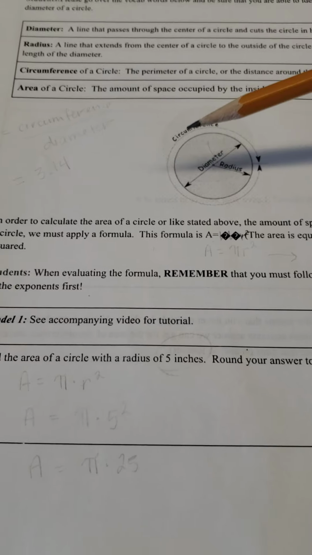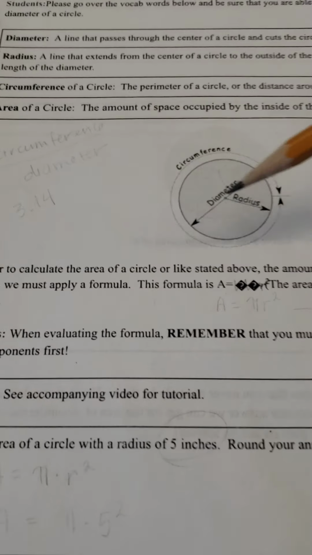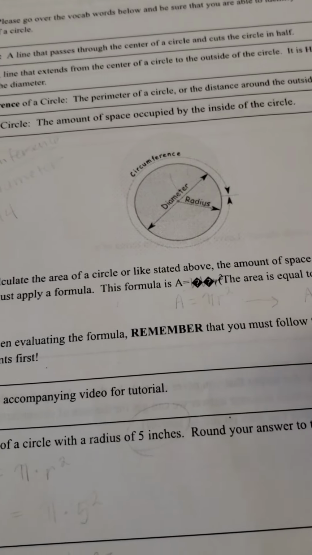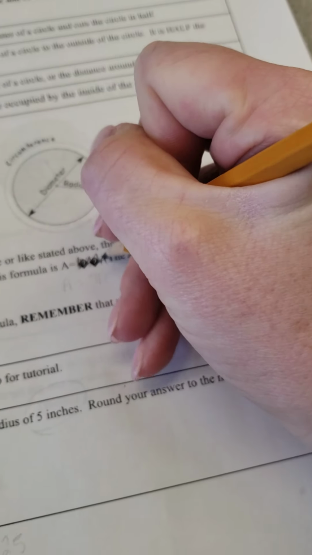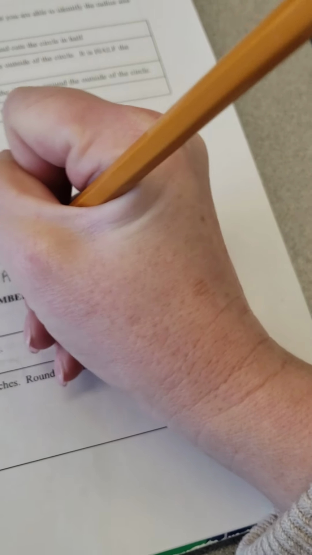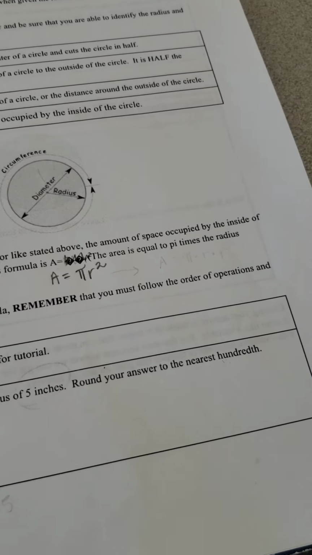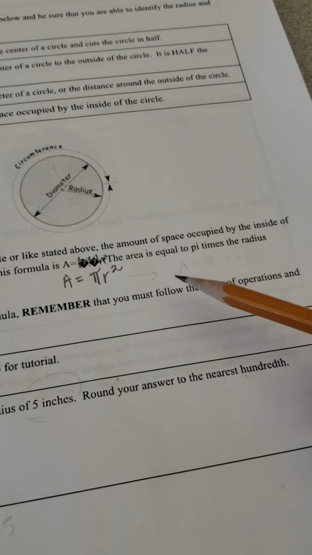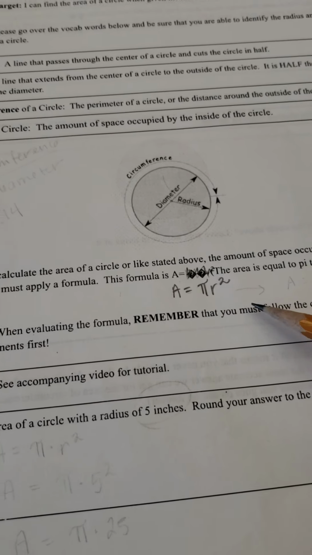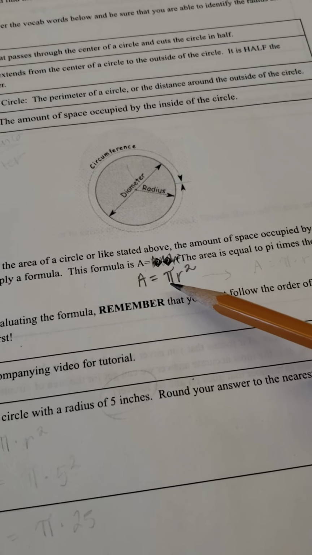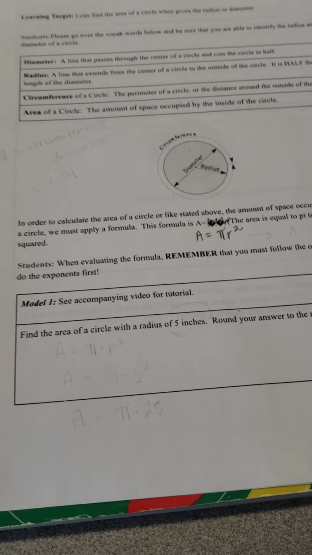All right, so in order to calculate the area of a circle, we need a formula. That formula is pi times the radius squared. Not radius 2, not times 2, radius squared. Now, pi is something that applies to circles only. It's a Greek symbol, and